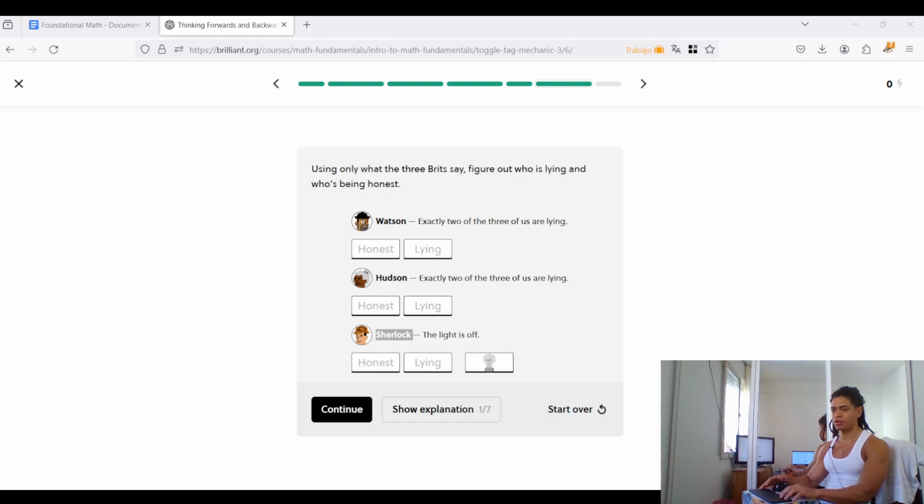Hudson and Watson are discussing probabilities. They say exactly two of the three of us are lying. So if Watson and Hudson both are lying,